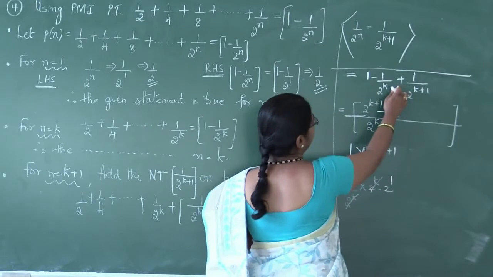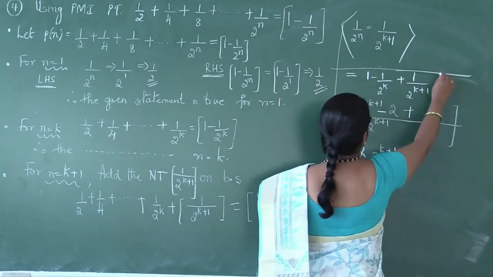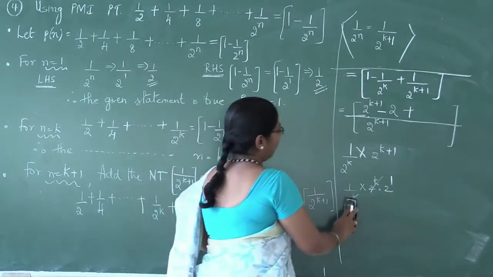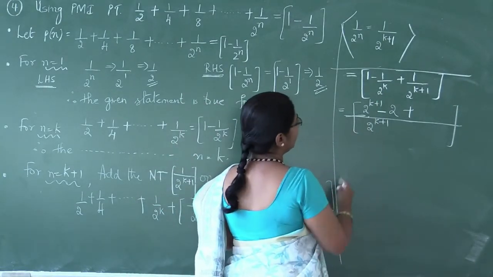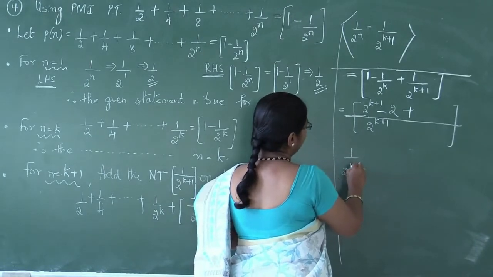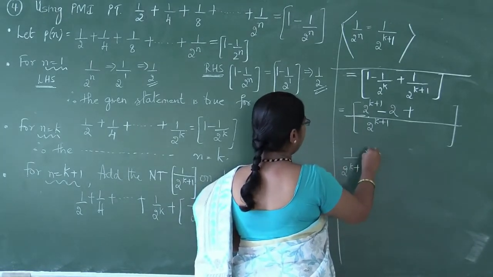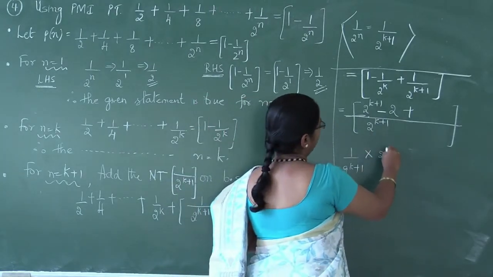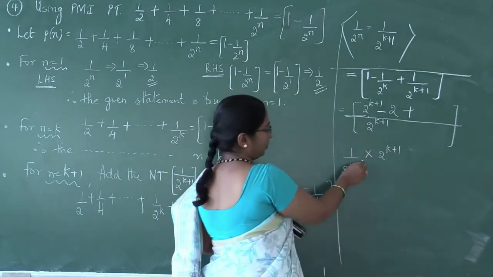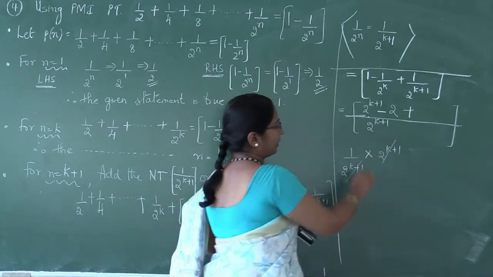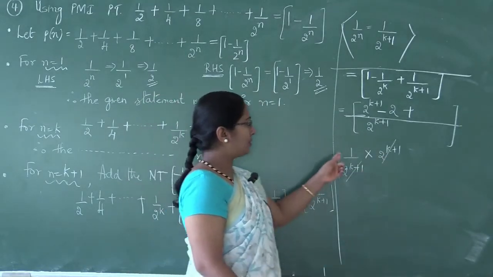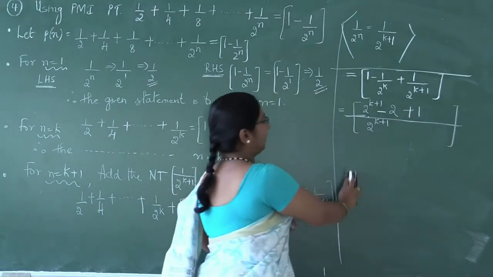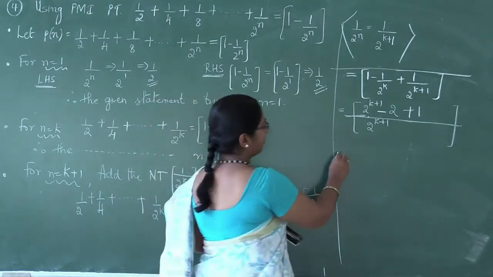What sign do I have in the question? Plus. If you have a confusion, you can enclose it in the square brackets. Now, what is the third term? Third term will be 1 divided by 2 to the power k plus 1 into LCM. What is the LCM here? 2 power k plus 1. 2 power k plus 1 and 2 power k plus 1 get cancelled. What remains here? 1. So I can rewrite this as 1 now. Clear?